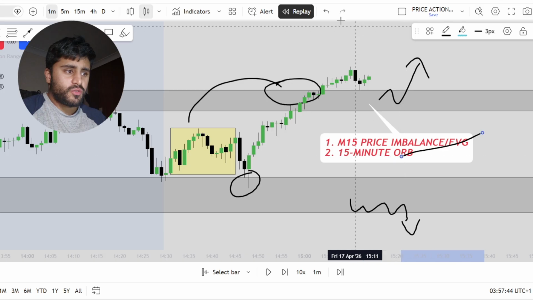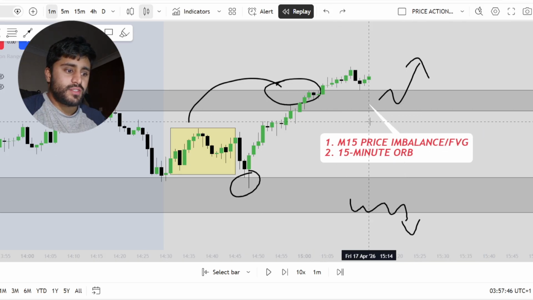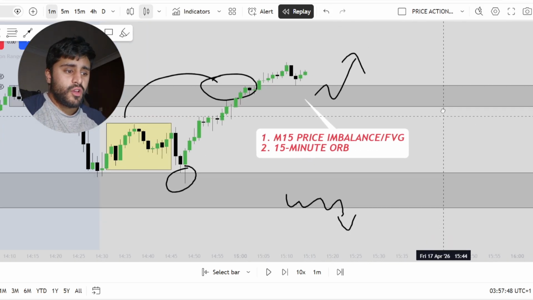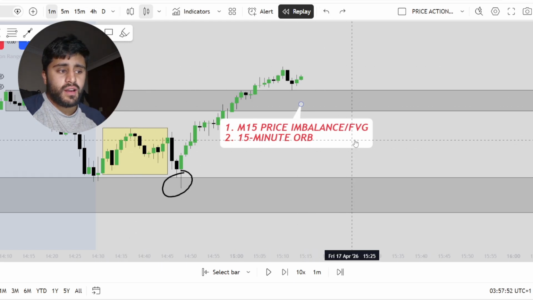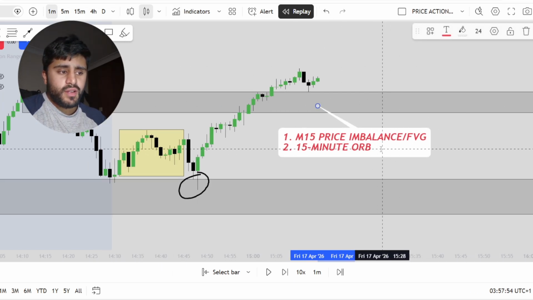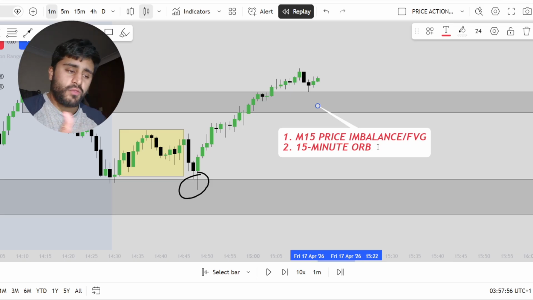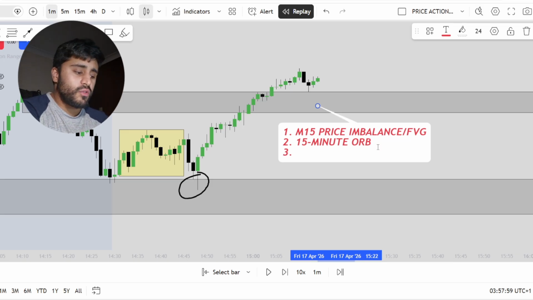So from here now, this was where we were at 10 a.m. Eastern or 10:15 Eastern. What had happened is now we had seen price breaking above the 15-minute high. So we have a 15-minute price imbalance. We see the 15-minute opening range breakout. And the third thing I look for, this is the point of the video, the B.O.L.T